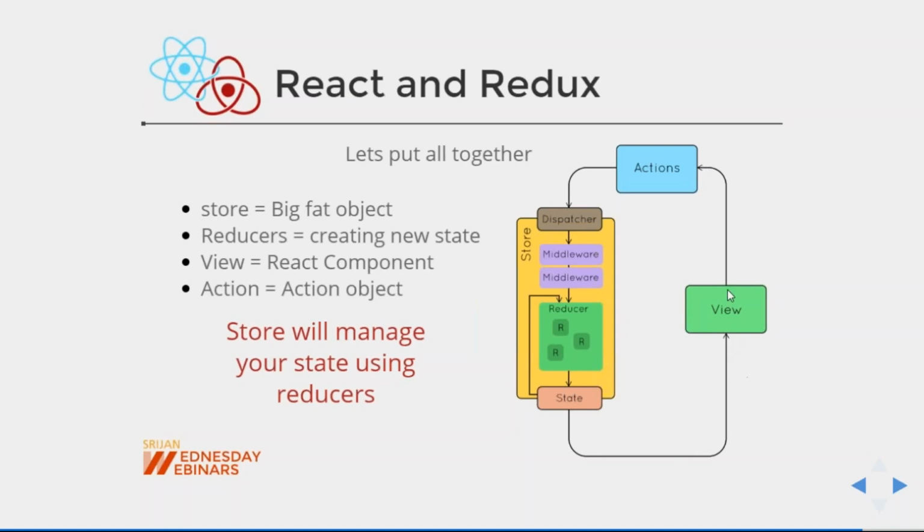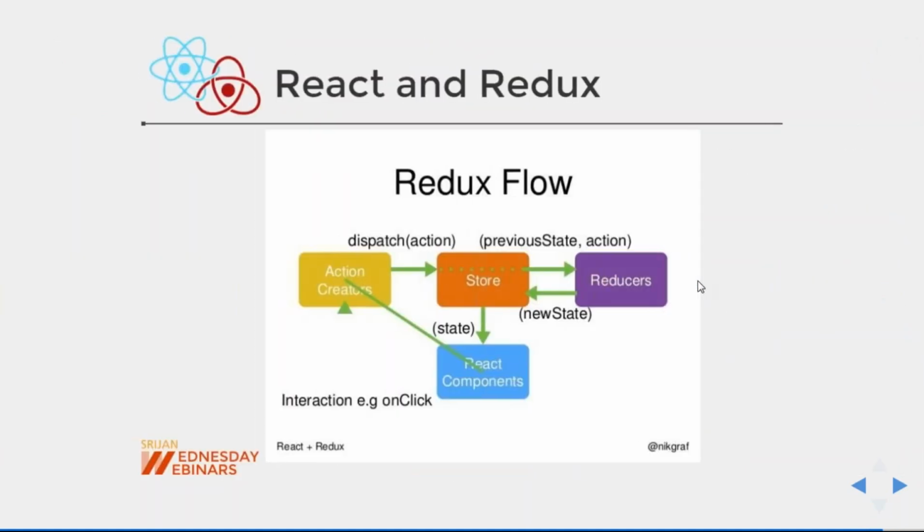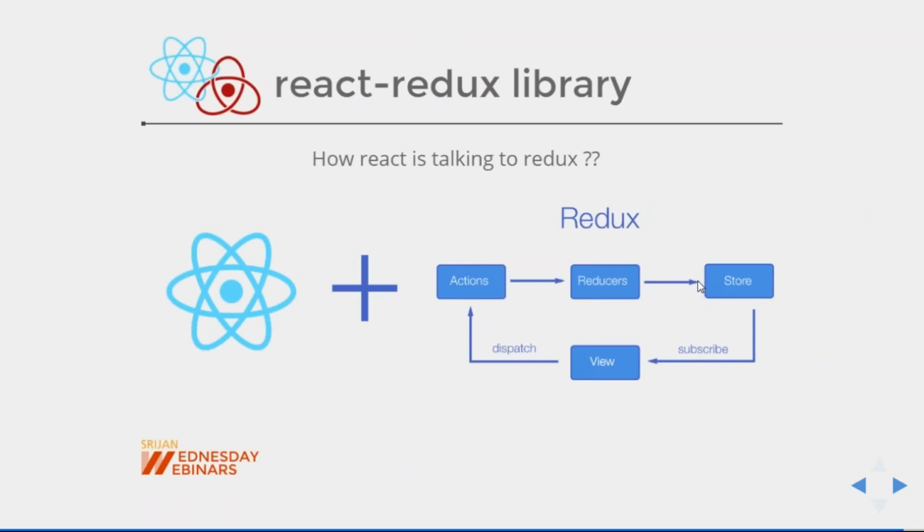Now we just need to give that back to the React component. So how React will talk to Redux, that is also the challenge. We need to have some kind of a library which can help us to talk to the Redux layer. So we have this React Redux library which we will talk about. This is the React Redux library which will bridge the gap between our React component and the Redux component. From Redux we are going to get the state, and from the React component we are going to fire an action, and based on that action Redux will give us the new state object, and that new state object we will render on the React component UI.